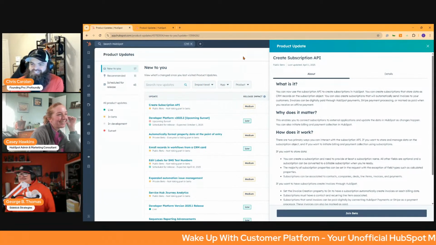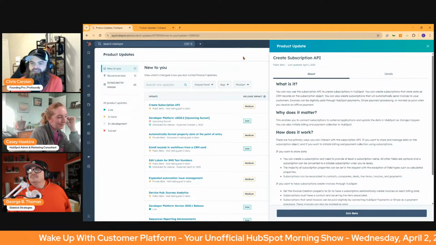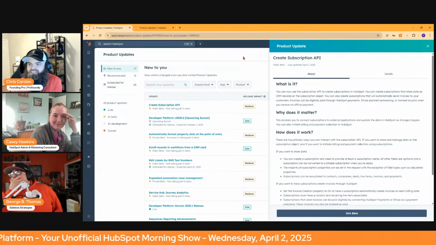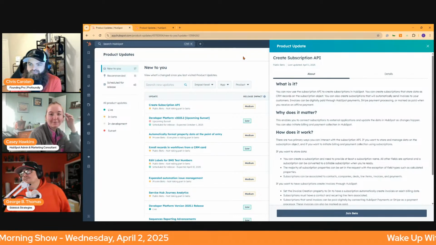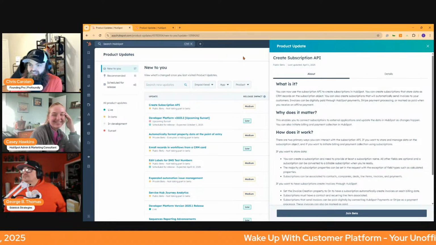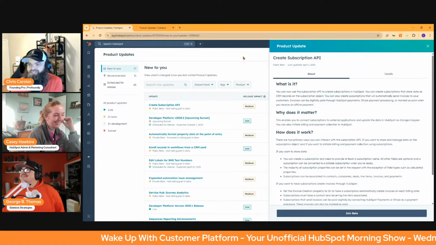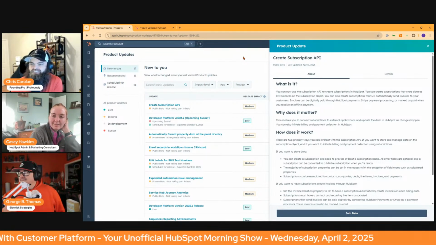Create subscription API. What is it? You can now use the subscription API to create subscriptions in HubSpot. You can create subscriptions that store data as CRM records on the subscription object. Yes, folks, there is a subscription object. You cannot rename that one though. You can also create subscriptions that will automatically send invoices to your customers.